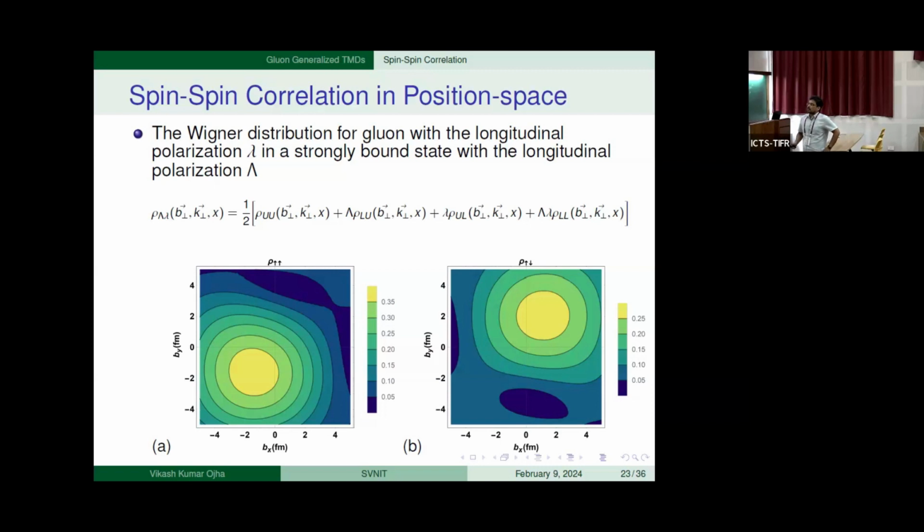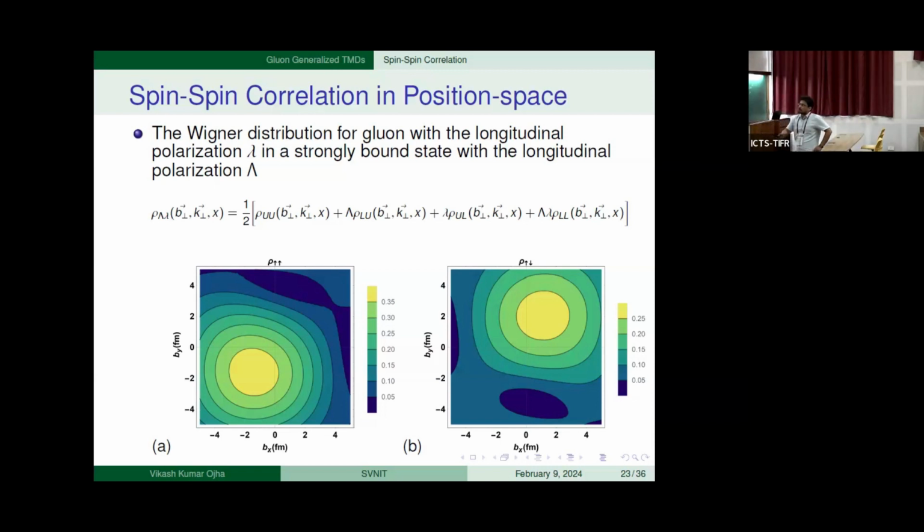What is interesting is that we can take this lambda and flip it. Here, the polarization of the gluon, or the helicity of the gluon, is in the same direction as the helicity of the target, which is the dressed quark. This is the distribution which we observed, which is of course distorted because of the distortion terms present. When we simply flip the helicity, the entire distribution gets shifted in the diagonal direction.